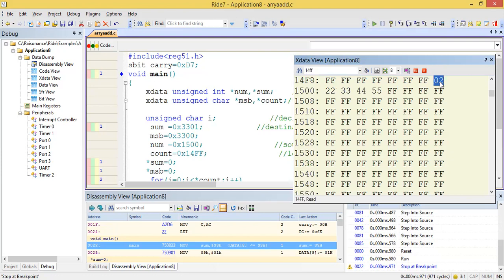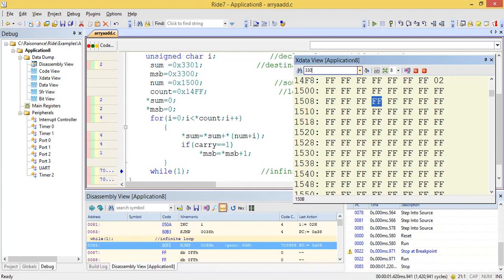That is, instead of 22, in 22 itself, I will put two other values, FF, all values are FF. So two numbers are FF, and now we can execute this, and we can observe the result in 3300. So you can see that 01 FF FE. So when the two numbers are FF, the result is more than 16 bits. That's why it's 01 FF FE.